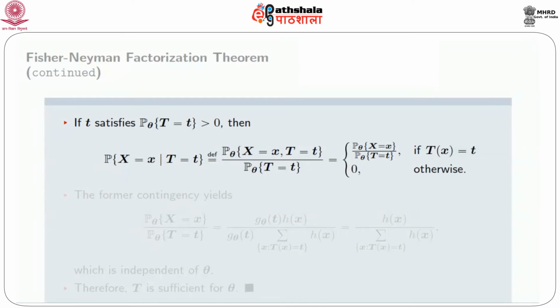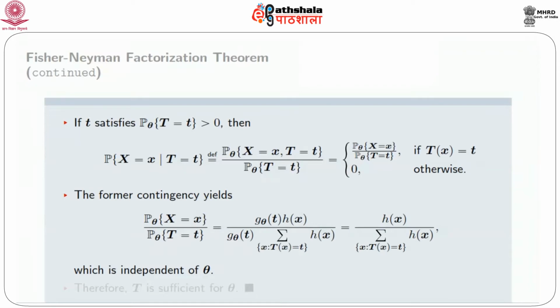as probability X equals to x given T equals to t, which is equal to probability under theta X equals to x comma T equals to t divided by probability under theta T equals to t. The numerator is actually equal to probability under theta X equals to x because X equals to x implies T equals to t, and it is valid when the observed value of capital T is small t,